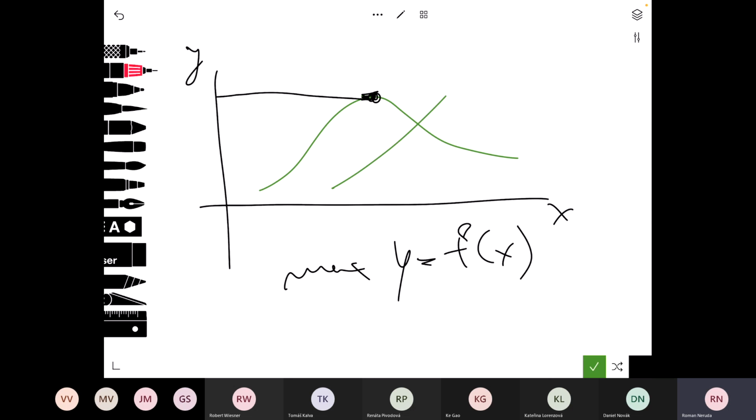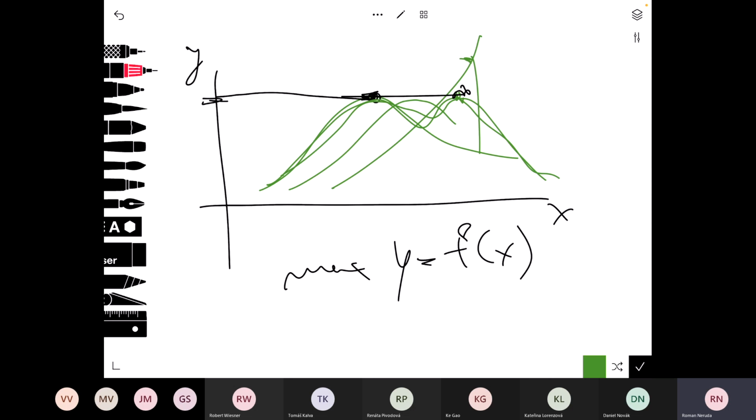Some functions don't have a maximum in our interval. If it's bounded, we can say, well, okay, it's here, right? Some functions can have more. It can be like a camel, like this. So we can have two equal optimal values, but it's sort of easy to understand what the optimal solution is, right? Now let's try to switch